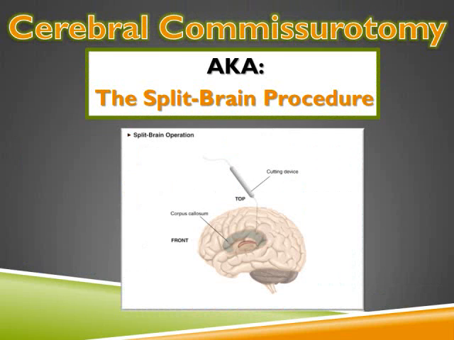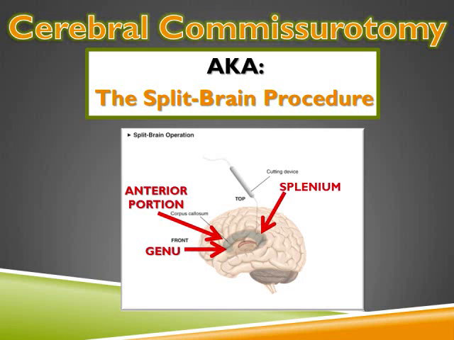Pioneered by Ronald Myers and Roger Sperry and then pursued by Michael Gazzaniga in the 1960s, the cerebral commissurotomy procedure proved to be an effective treatment for individuals with intractable epilepsy. Unlike previous surgeries, the split brain operation does not destroy tissue, but merely cuts the lines of communication between the hemispheres by severing the corpus callosum, allowing researchers to evaluate the independent functioning of each hemisphere.